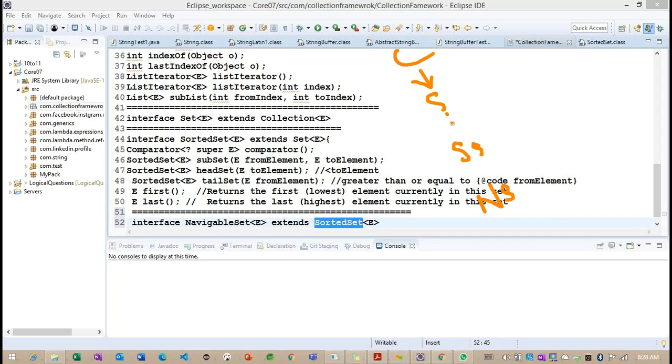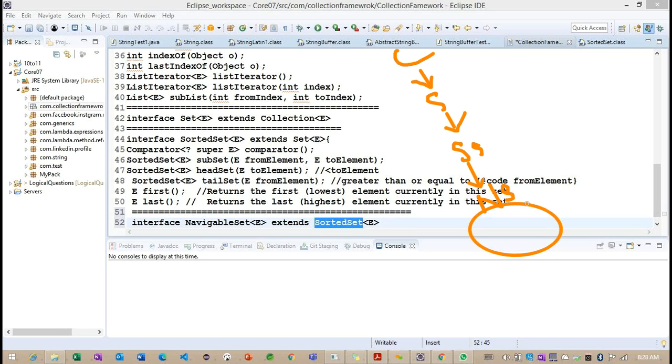From the collection interface we have the methods in the set, and the set does not have any specific method. Those common methods available in the collection are all copied into the set interface, and the sorted set has some specific methods. All the specific methods and common methods are available in the navigable set.